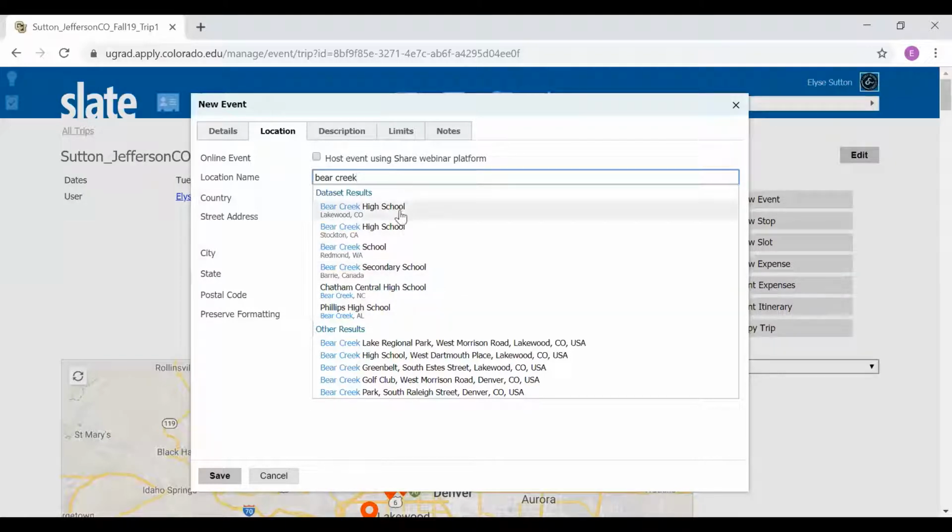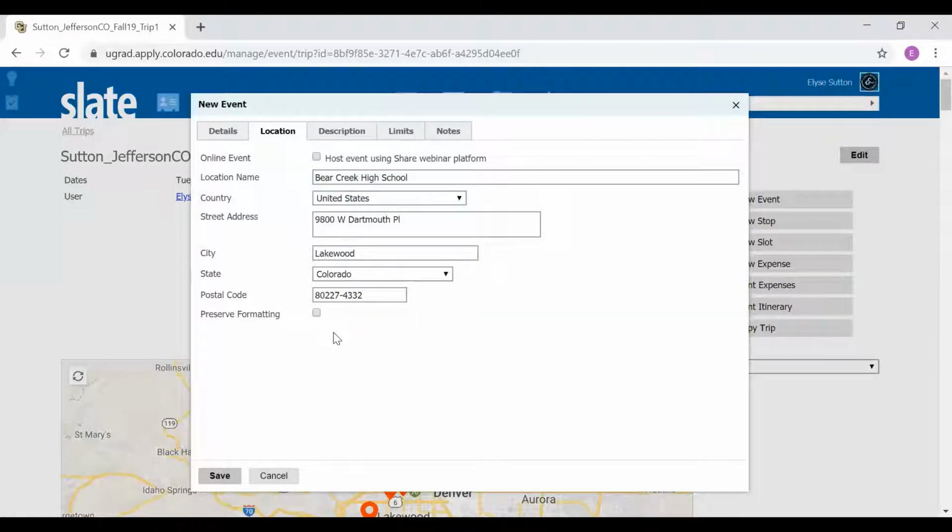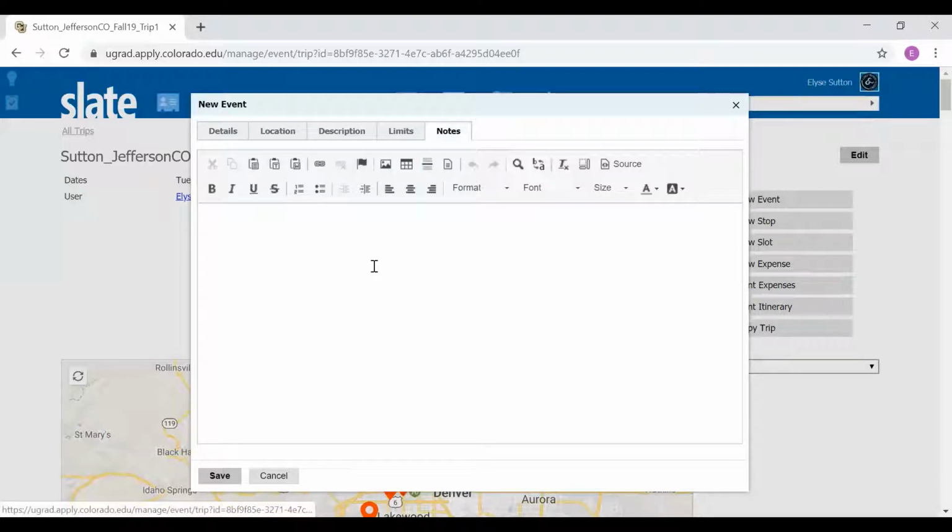It will give you the incorrect address. Everything will auto-populate, and this is the best way to do it. If there's not a school in the system already, that is a different problem. And finally, you don't need to pay attention to description or limits, but in notes, you might want to write